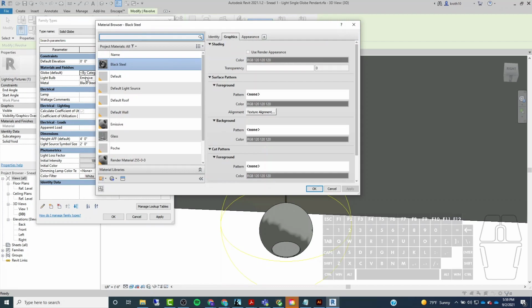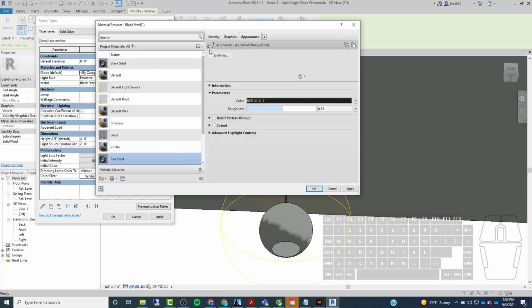So again, we're going to create one more new material, and I'm just going to duplicate this. So I'm going to right click on it and then duplicate the material, and I'm going to call this solid, or maybe red steel. Okay, and then I need to go to the appearance tab, and up here, since I duplicated that material, there's